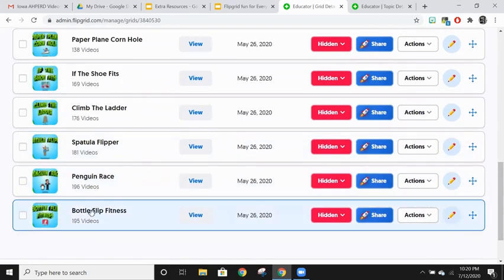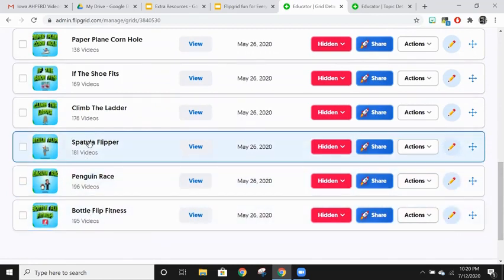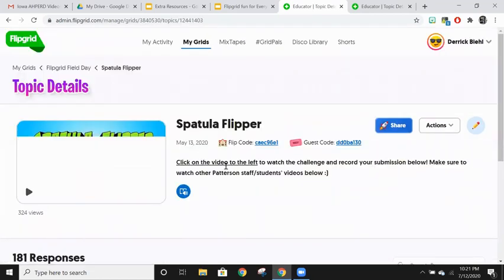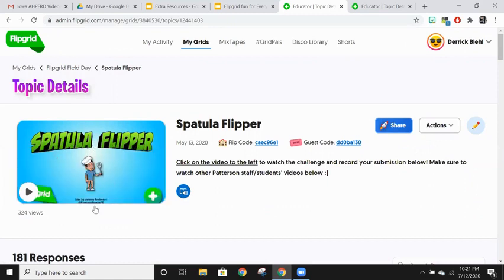So let's check out spatula flipper one. That one was actually pretty funny too. So spatula flipper basically comes up here. Now this is that topic focus I was talking about. You can add a GIF, an emoji, a picture, or you can upload a video. The video was really cool because I was able to create a preview video of